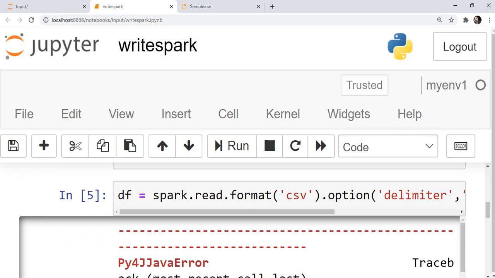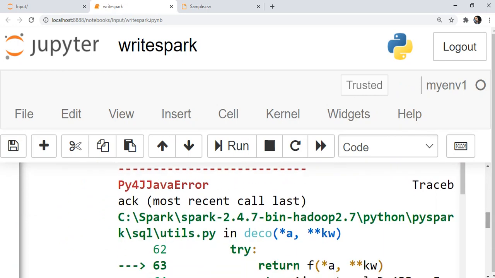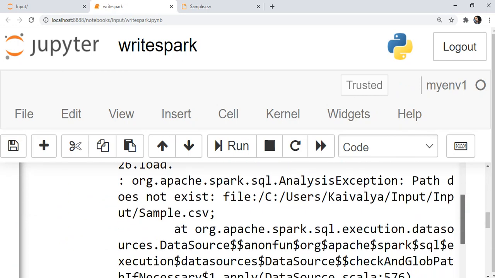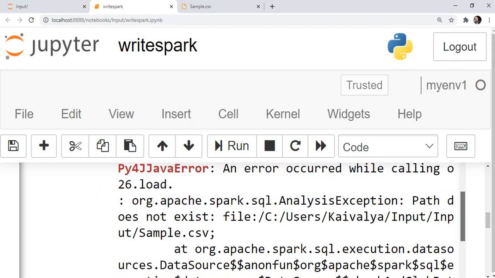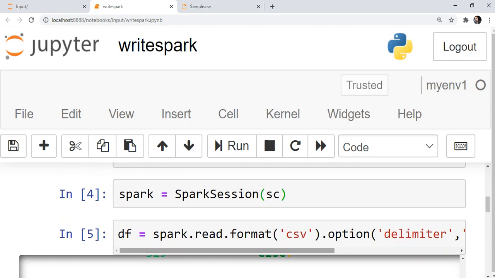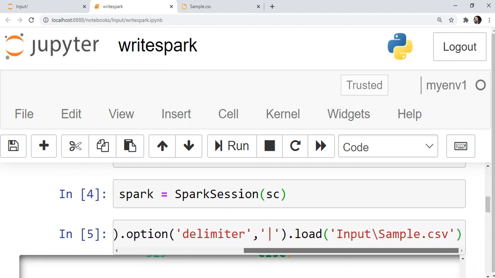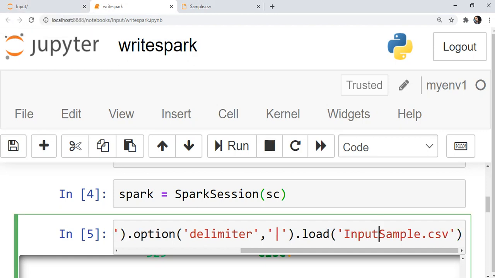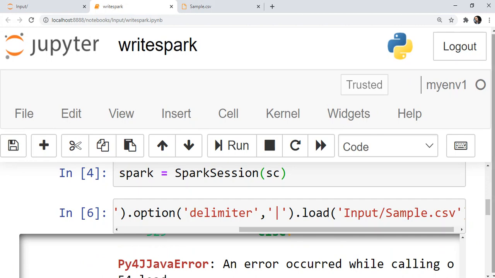Okay, it has given us one error: input sample CSV does not exist. What we gave is the name, right? Oh, so we have to use this.